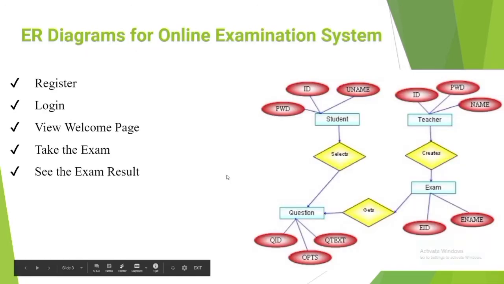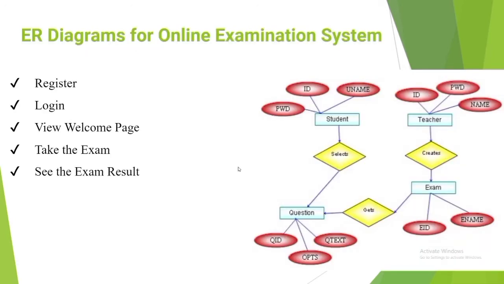Here is a diagram for my online examination system. Now we can see who will use our portal: the students and the teacher. The teacher would be the admin basically, who will add the questions and can delete the questions, whereas the student can only give exams and view the result. Students have their username, ID, and password, and teachers will also have their own username, ID and password. For the exam, for every question there will be a question number and a question ID, the question text we'll be putting in, and the options as well.